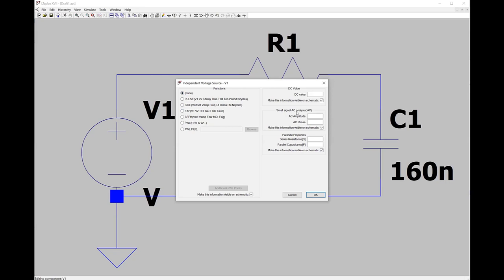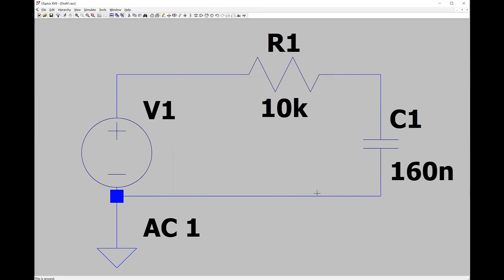It's going to be over here, small signal AC analysis. We want to say it's going to be a voltage peak of 1 volt. We can keep the phase at its default 0. And notice you don't specify what the frequency is. Unlike with sine, you do specify what the frequency is. You don't specify the frequency for small signal AC analysis because we're going to be sweeping it to a bunch